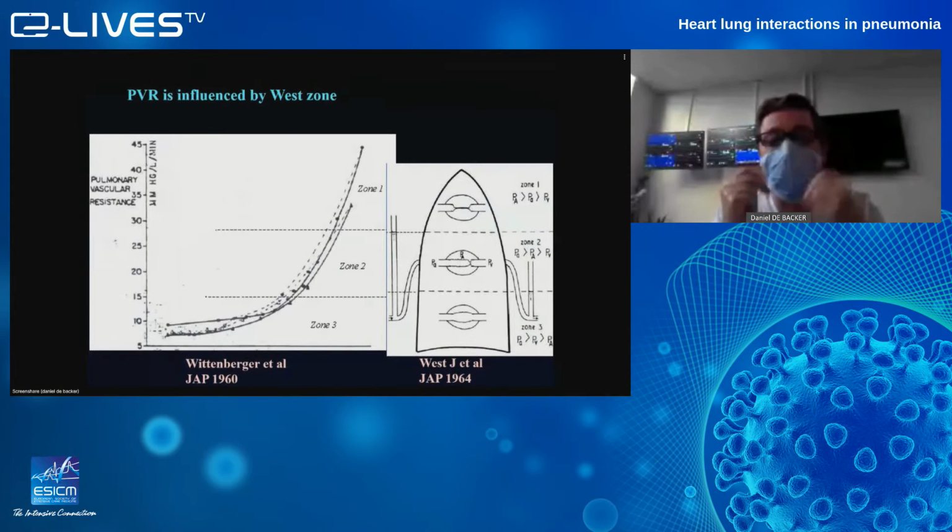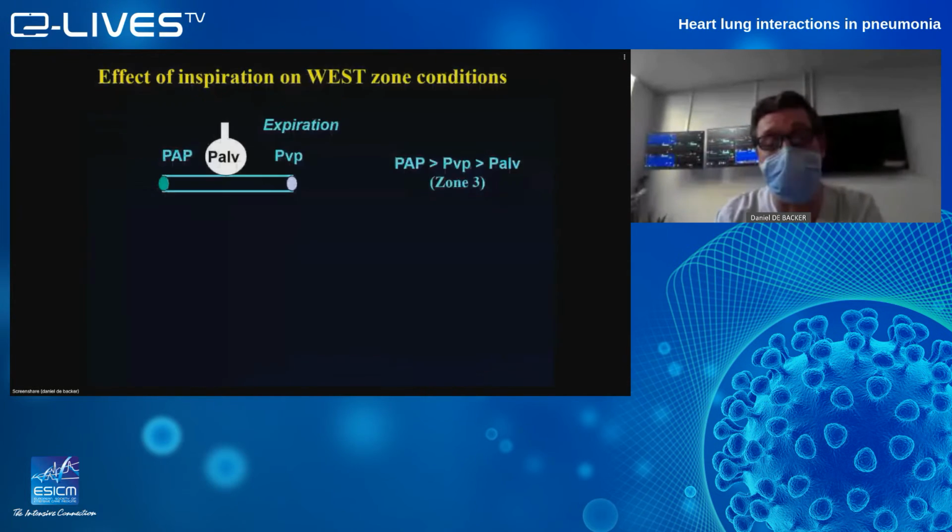It's also important to realize that the vascular resistance is influenced by the West zones, being maximal in zone 1 and lower in zone 3. To which extent these are affected by the pneumonia in these patients is still something we need to look at, because it's interesting to realize that, because of the lack of condensation, it is very likely that we may face a lot of zone 1 areas in these